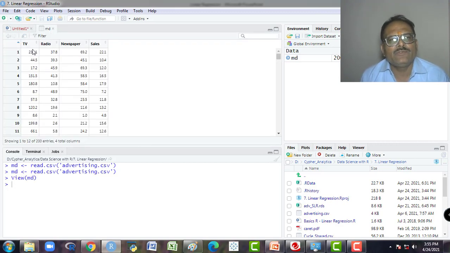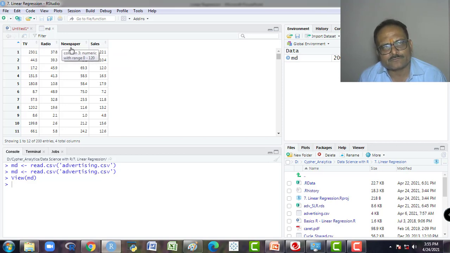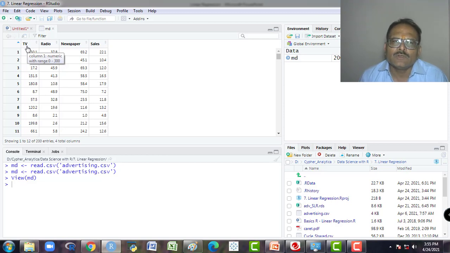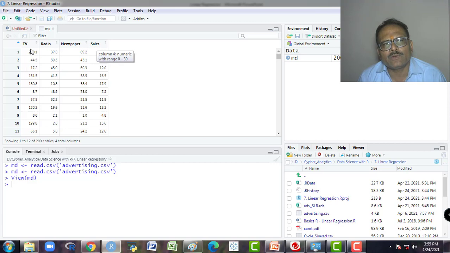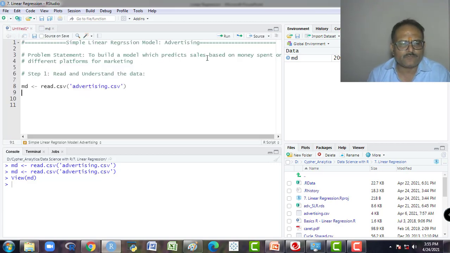So if we view this data, there is TV, radio, newspaper and sales. Sales is our target variable, and these three variables are the independent variables. So out of these three we have to select one which is making more impact on sales, which is more correlated with sales. For that, first of all, whenever we read data, we try to understand the data.